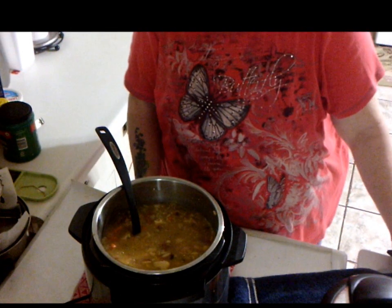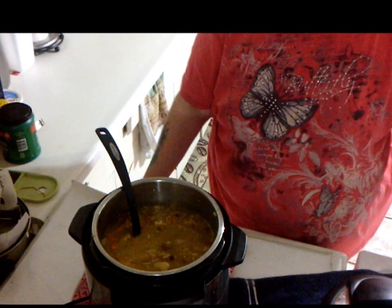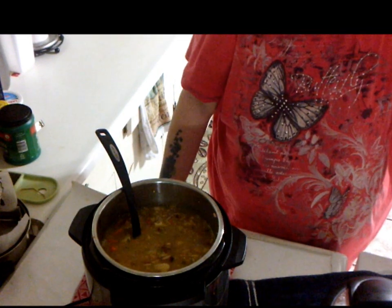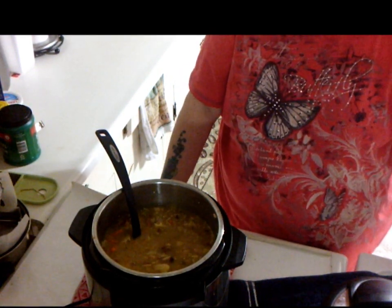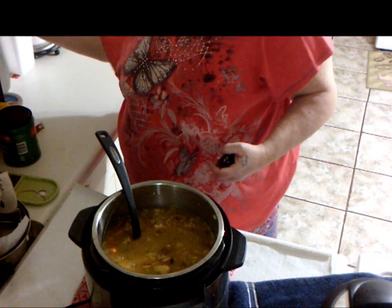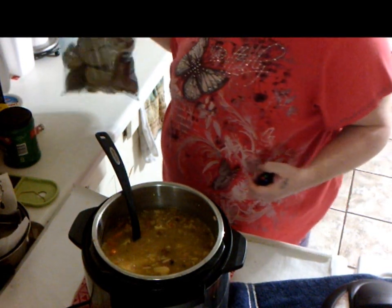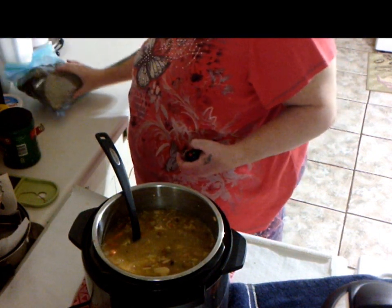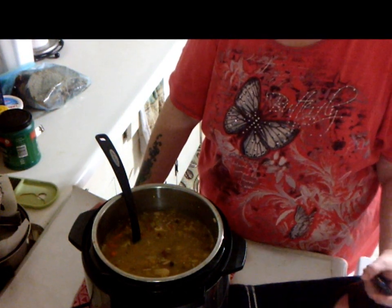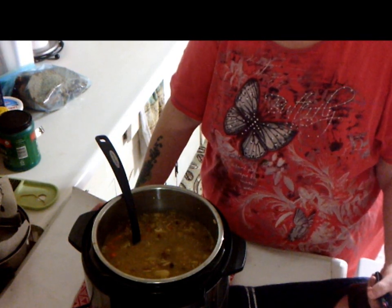We're gonna serve this up. The only thing I forgot to do was some nice hard crust of bread. That would be excellent with this, but I don't have any. I had some wheat bread that I made not too long ago, but it's not hard crusted anymore, so time to make some new hard crusted bread. But we're going to enjoy our soup, and